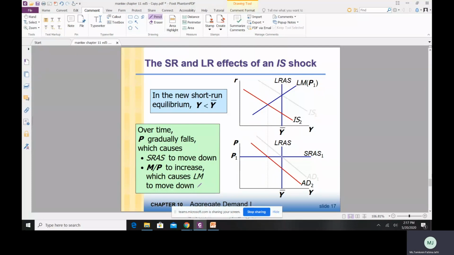Right? So when prices decrease, आप देख सकते हैं जब prices fall करेंगी ना, the real money supply is going to increase. Okay, so when real money supply increases, I figured out earlier that this is going to result in my LM curve shifting rightwards. Okay, so my LM curve rightwards shift होगा, यानी बाहर की तरफ shift होगा.